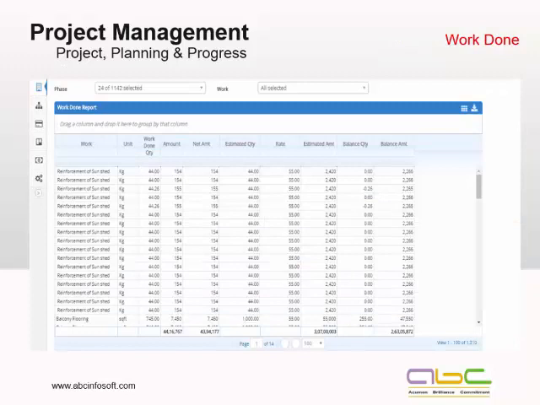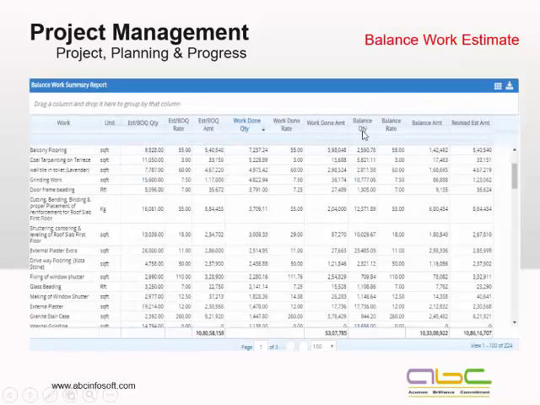You can get any combination of reports, like this is one of the work done reports for any given phase or a particular work. Balance work estimates, again, it will give you the work, BOQ quantity, rate, work done quantity, balance work, and then again, revised estimate amount.